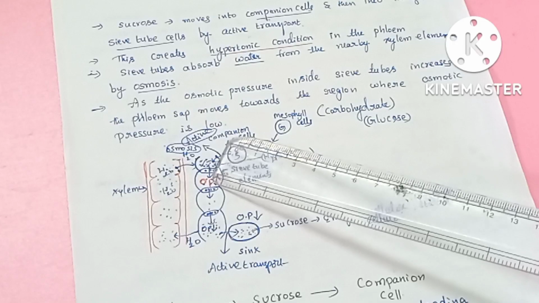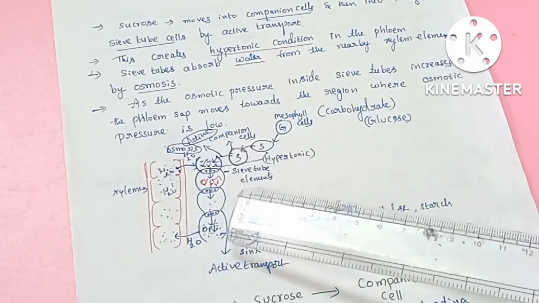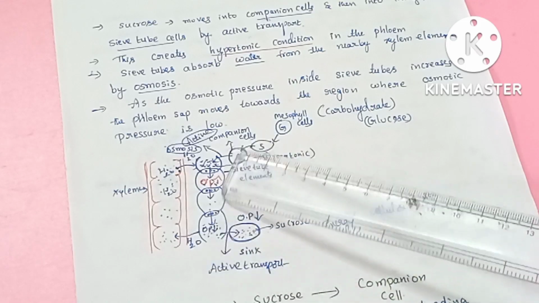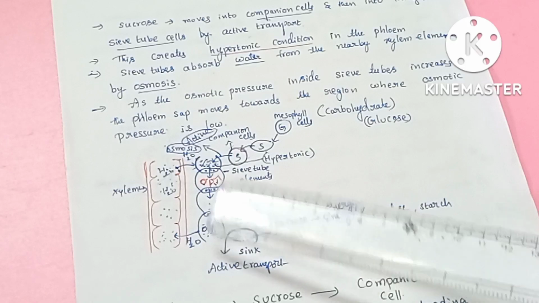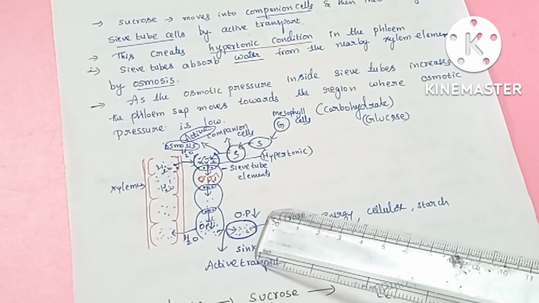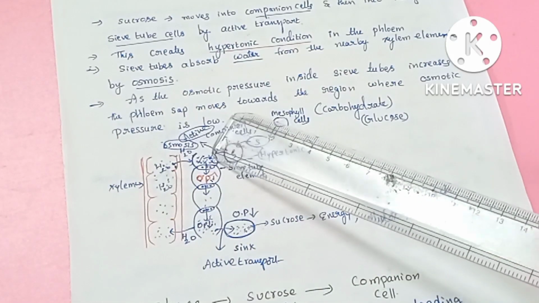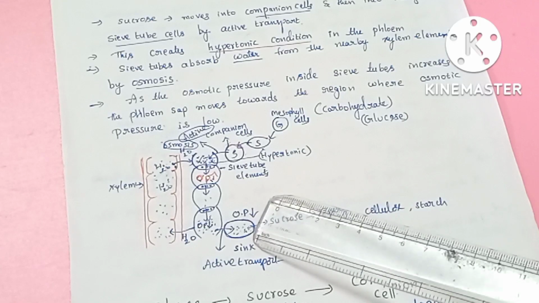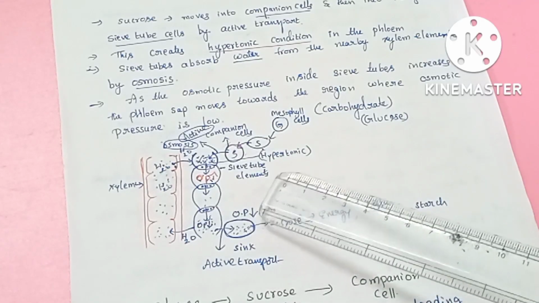The phloem sap moves from the region of higher osmotic pressure to the lower osmotic pressure. Where the osmotic pressure is low, in that direction the sap movement occurs. Here, where is the low osmotic pressure seen? In the sink region, osmotic pressure is low. Hence from the higher osmotic pressure to lower osmotic pressure, the phloem sap travels, and if it reaches